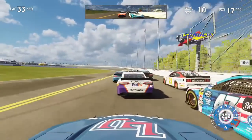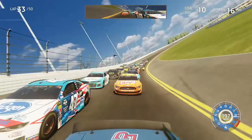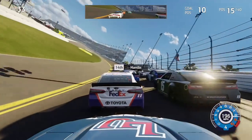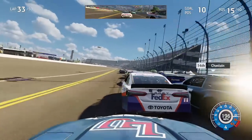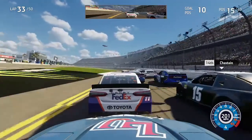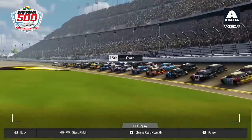Looking to the inside of the 47 of Ryan Preece as we come through the center of the corner, as this inside line is certainly having a good restart now, as we also look to the inside of Paul Menard taking over that 15th position as we come out of turn 4, making just a little bit of contact there with the 21 car as we try to stick our nose up 3 wide on Hamlin, but it doesn't work as we look to the inside of Ross Chastain as we cross the line side by side with the Watermelon Boy,